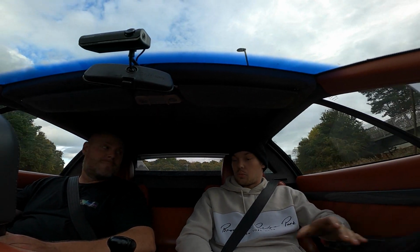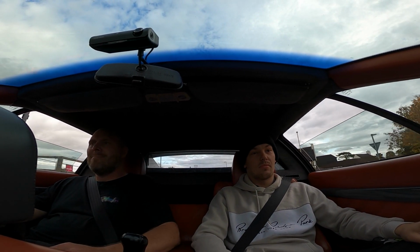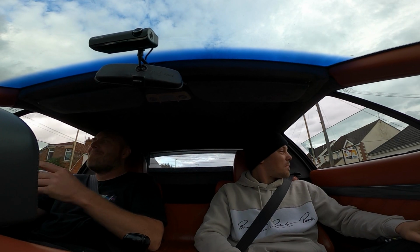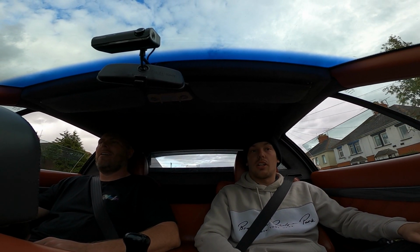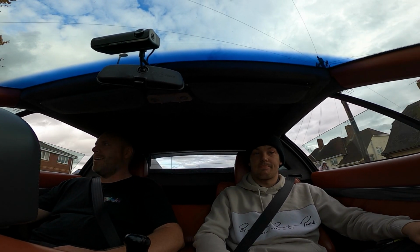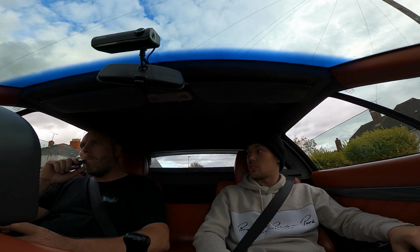I love the way the cockpit, I call it a cockpit because it is, curls around you. Yeah. This thing's awesome. No, this thing is mental, but calm and easy to drive. The other thing is it's quiet. Yeah. We're not shouting. No, it's a GT car, isn't it? You can cross continents in it and not feel like you've done 10 rounds with Mike Tyson when you get there. And that was the other thing I was going to say. For it being so low, it doesn't feel like it's...